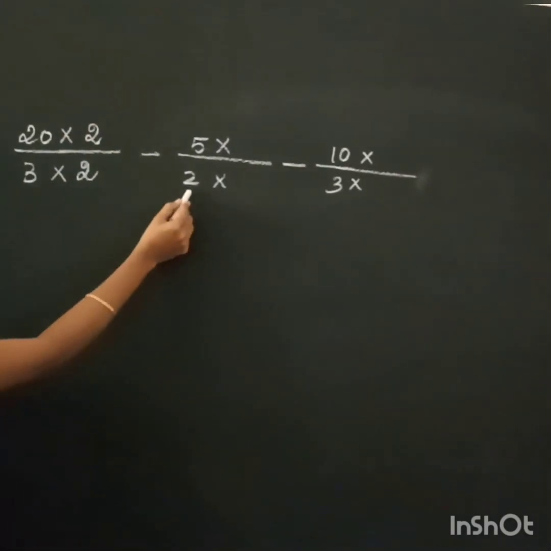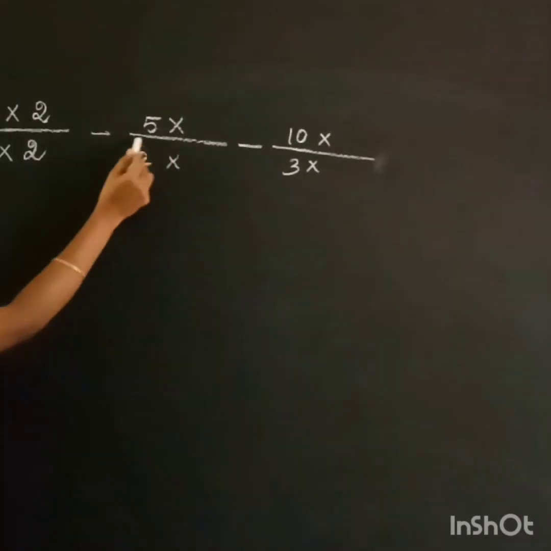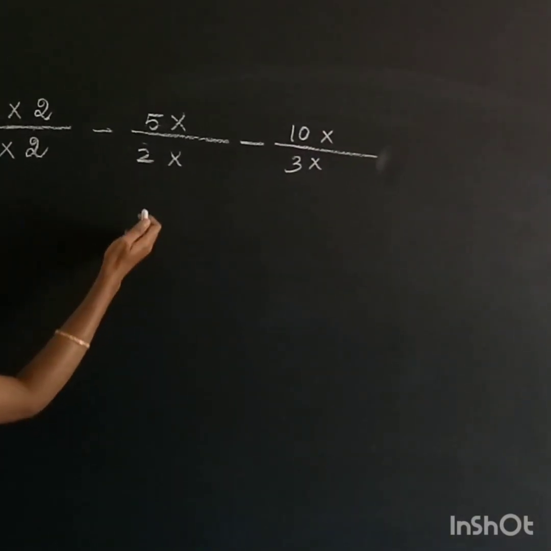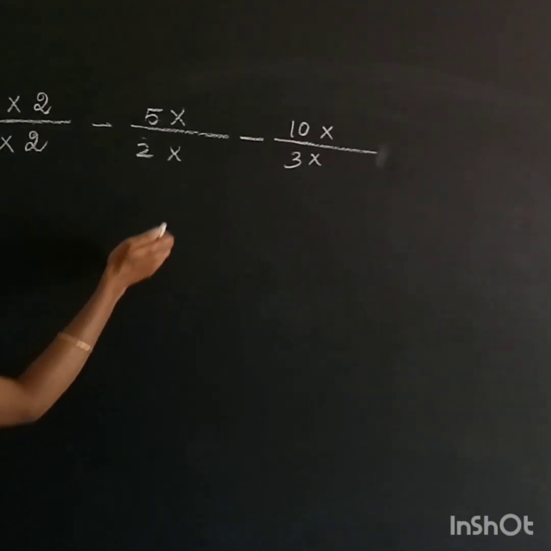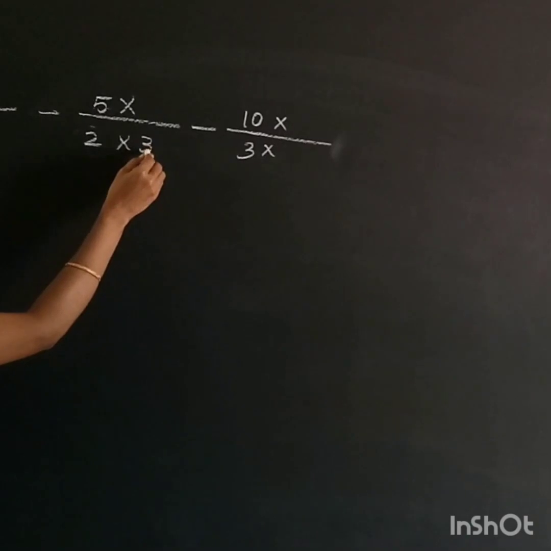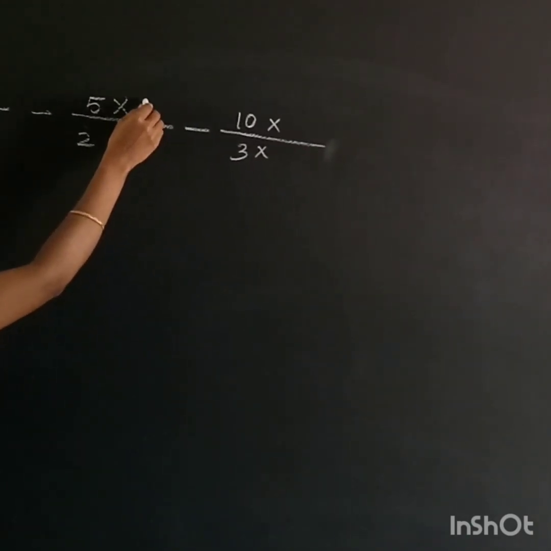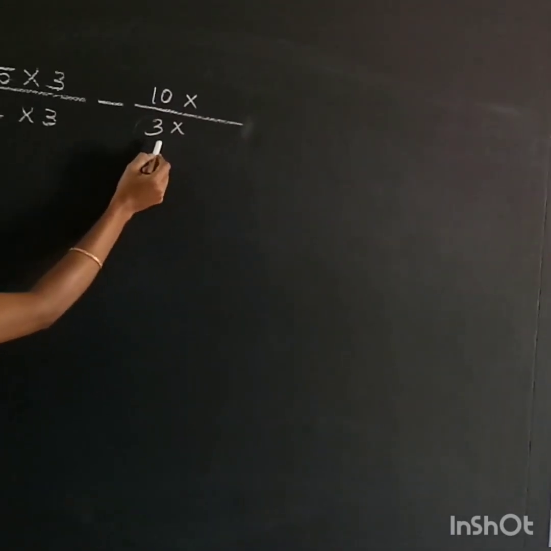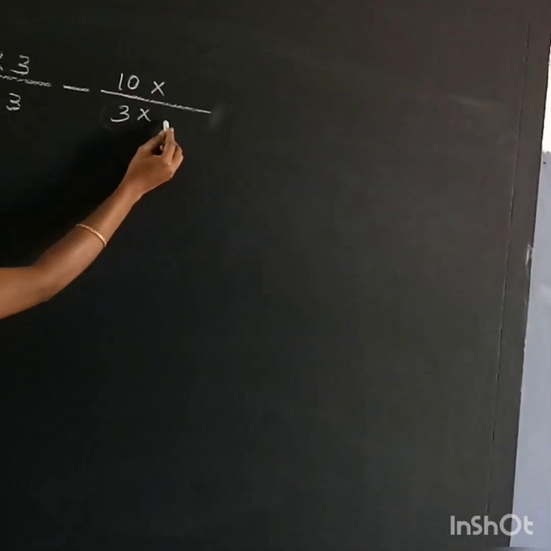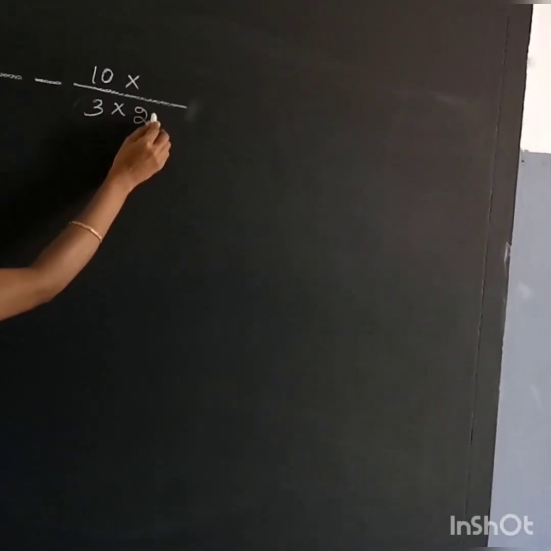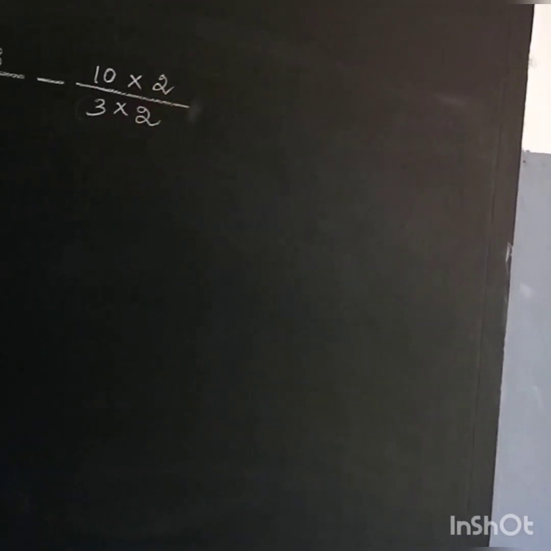The same number you multiply by the numerator also. And see the next fraction, the denominator is 2. In the 2 table, how many times? 1 2s are 2, 2 2s are 4, 3 2s are 6. Same multiplication of the denominator, you have to multiply the numerator also, by 3. And see the next fraction, the denominator is 3, we change it to 6. In the 3 table, how many times? 2 times, isn't it? 3 2s are 6. Same number 2 you multiply by the numerator also.